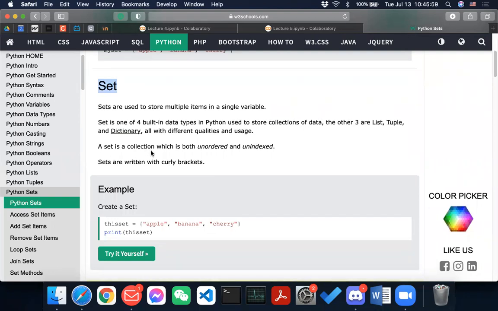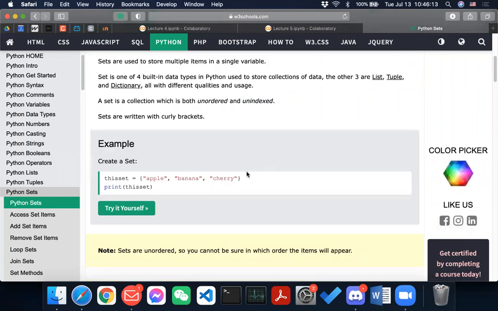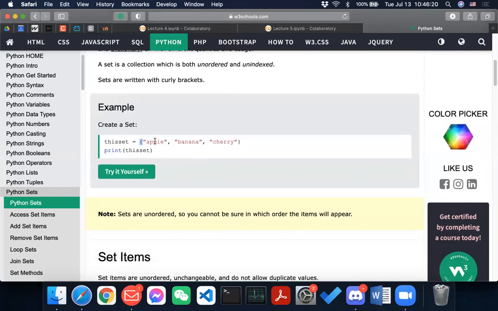A set is a collection which is both unordered and unindexed. That means there is no order in this set, and there is no index for it. You declare it using the curly bracket, the large one.